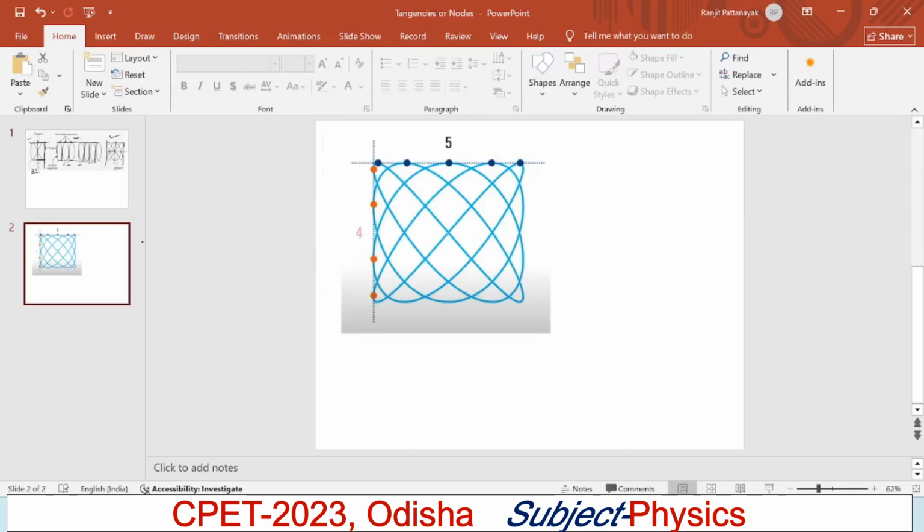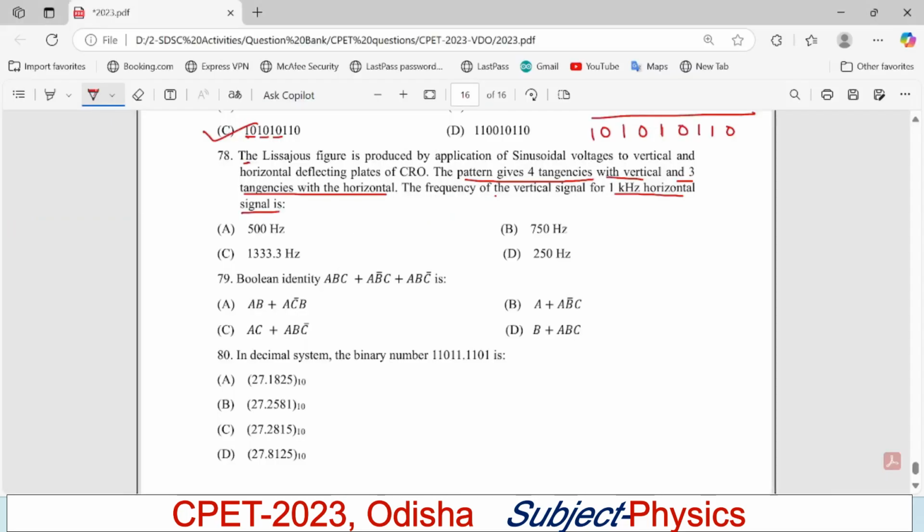Okay, so for this case, if I'm going to consider vertical tangents, see here one node, here one node, here one node, here, here. So 5 vertical tangents, and these are the 4 horizontal tangents. 4 horizontal tangents. So for this type of numerical, you just remember one formula: